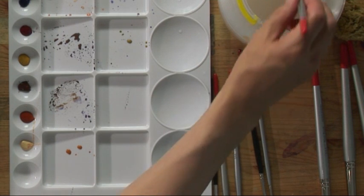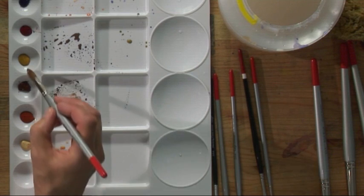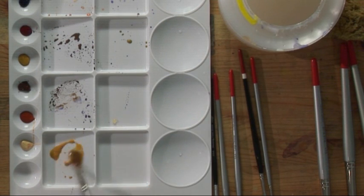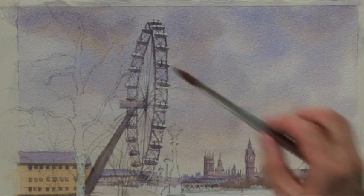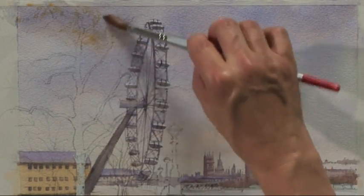So the next stage is to take a number 10 brush and a light wash of raw sienna with a little touch of burnt sienna in it. Very pale this. This is to put a sort of misty shape in to suggest the tops of the trees. But it has got to be quite watery, quite thin. And I'm going to hold the brush with my thumb at one side of the handle and 4 fingers at the other side so that I can drag the flat of the brush across the paper, just suggesting this shape